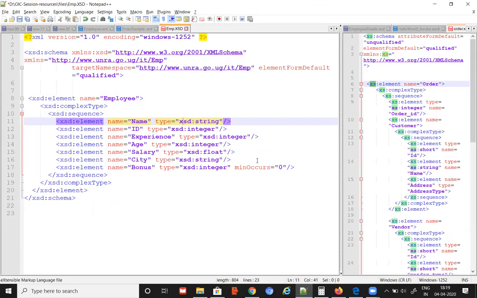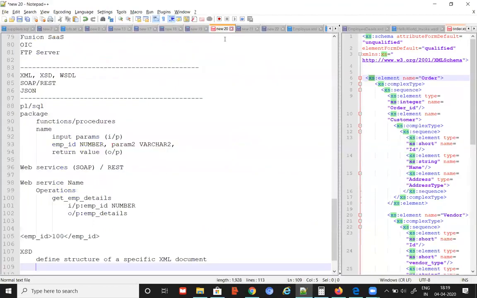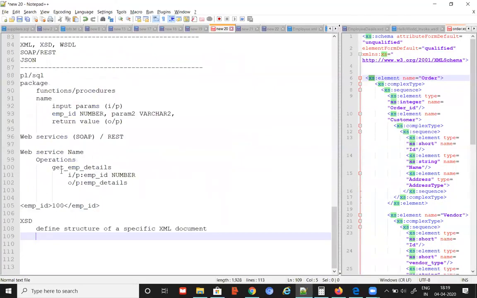Okay, so WSDL is based on XSD? We'll see. Where I started here, when I was discussing, I started saying I'm developing a definition for my web service. My web service contains one operation; I want to mention my input is employee ID and output is employee details. How will I mention that? Then I said I need to have some type. For that type, I will be creating an XSD. That means I'm going to refer to the XSD in the web service definition. So I'll show an example of that, then you'll get clarity. Today only we are going to do that.